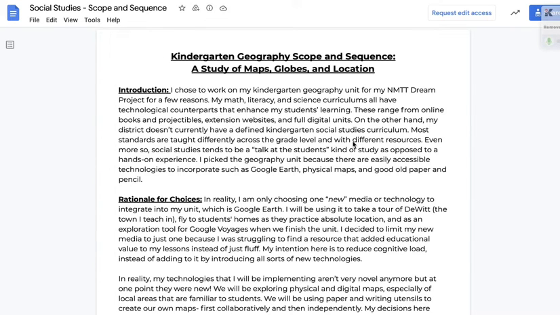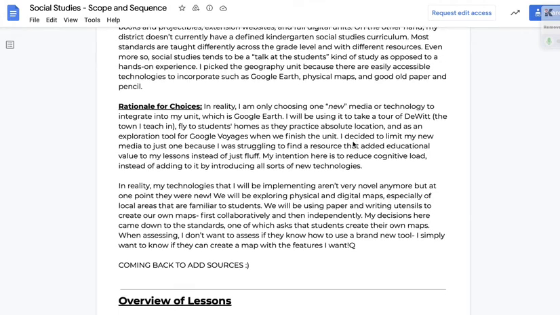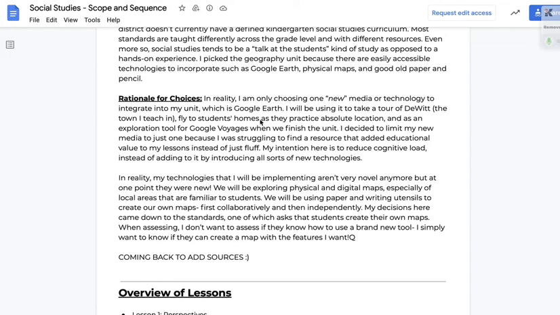Then you explain why you chose Google Earth, which I thought you explained very well. This reminded me of the less is more principle from Mayer 2014. How you said, I don't want to overwhelm them by making them learn lots of different tools, but rather you're just using the same tool in multiple ways.